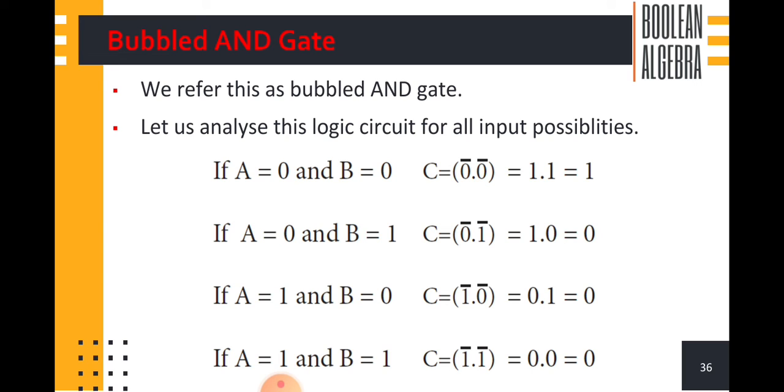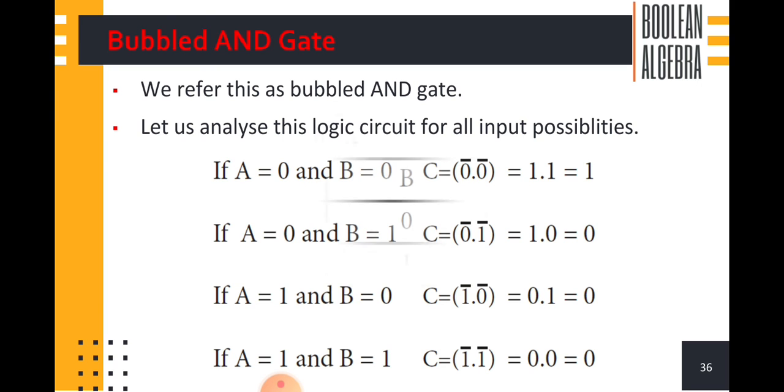And the next one is 0 complement dot 1 complement. So what do we get? 0 complement is 1 and 1 complement is 0. So 1 into 0 is equal to 0. And then 1 complement dot 0 complement. 1 complement is 0. Complement means what we have to do? We just invert the value, that is, reverse the number. If the input is 1, the output is 0. If the input is 0, the output is 1. So 0 into 1, again we get the output 0. And then the fourth input is 1 complement dot 1 complement. So 1 complement means 0, 0 dot 0 is equal to 0.